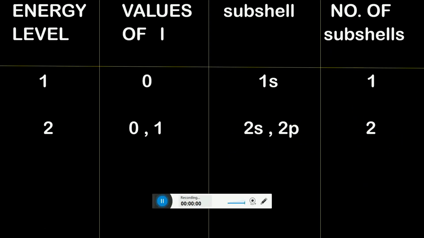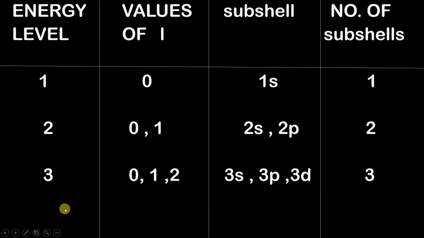Now, so guys, now moving ahead to our third energy level where n is equal to 3. And if n is equal to 3, what are the possible values of L? The possible values of L are nothing but 0, 1 and 2, because the values of L will range from 0 to 3 minus 1, that is from 0 to 2. Okay, and as we all know that if the value of L is 0, this 0 corresponds to the S subshell, this 1 corresponds to the P subshell, and this 2 corresponds to the D subshell.